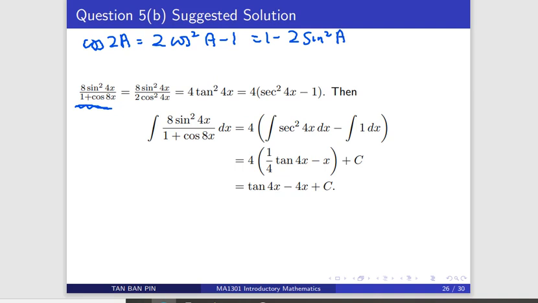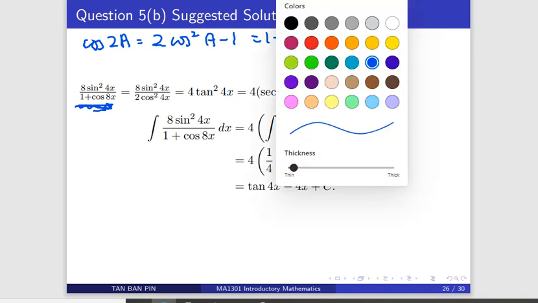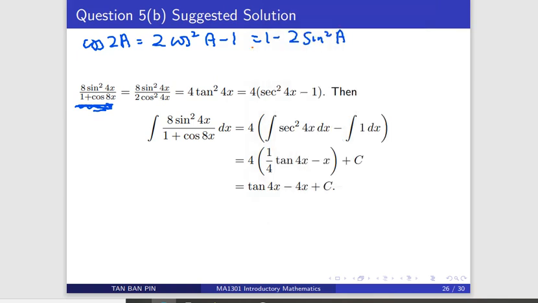What we want to do is to simplify the denominator so that you can combine with the sine squared term. 8x and 4x is double. 8x is double of 4x. So that's why you think of the double angle formula. Cosine 2a is 2 cosine squared a minus 1, or 1 minus 2 sine squared a. Because this is a plus here, to get rid of the plus 1, you need a minus 1. So that's why you should be choosing this one, 2 cosine squared a minus 1.